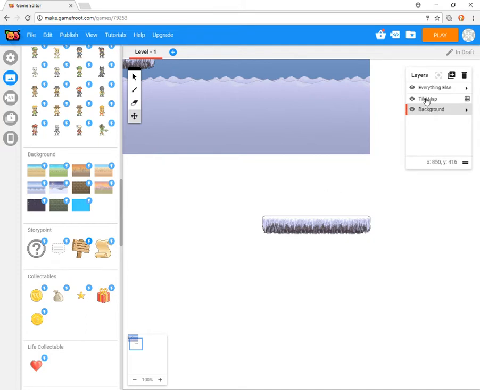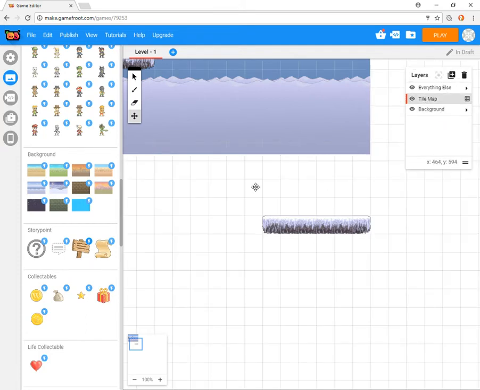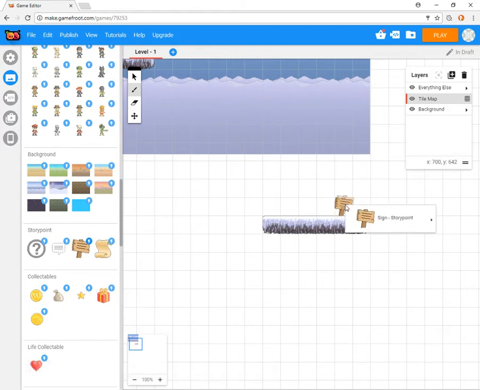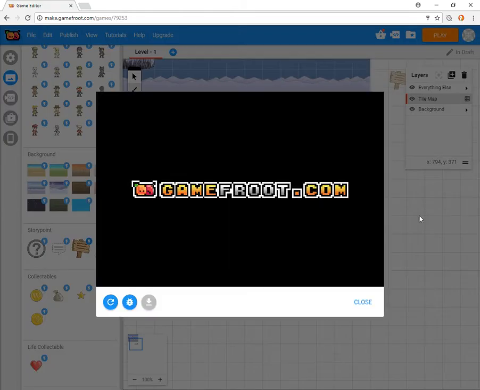What if we put it on the tile map? Notice that the grid appears with the tile map. Okay, let's select the story point, put it on that. We get this warning that the game object's been converted to a tile. And when we right click on it, all we can do is delete asset. Well, let's see what this looks like if we play this game